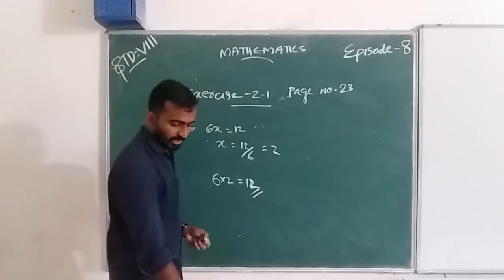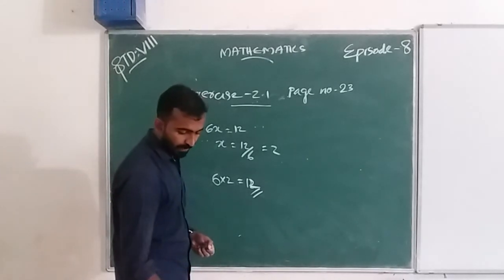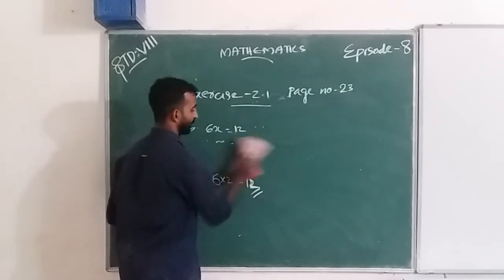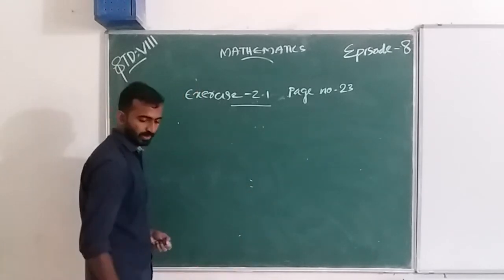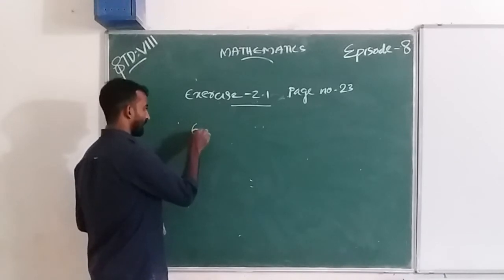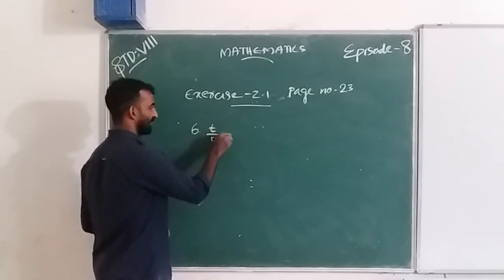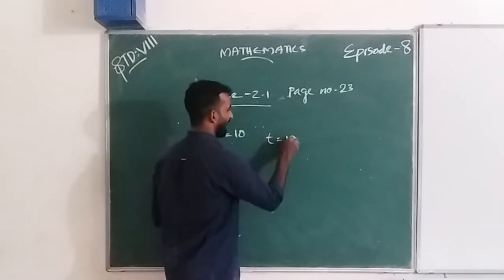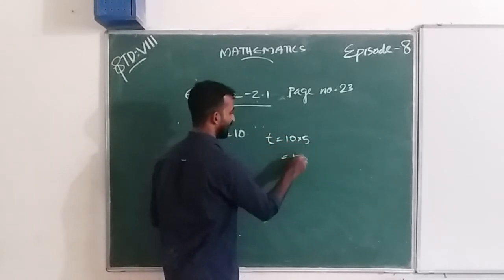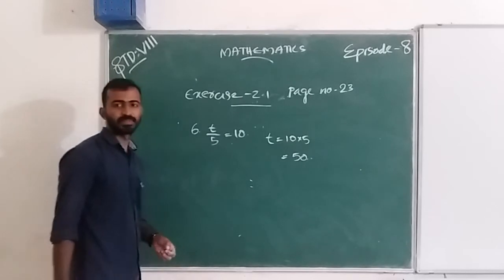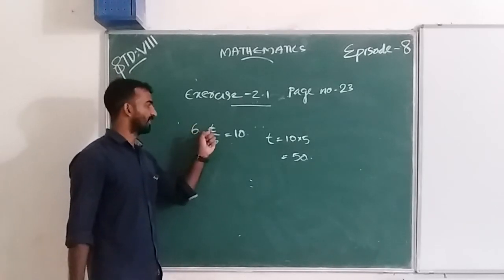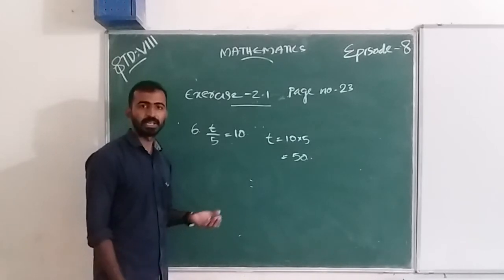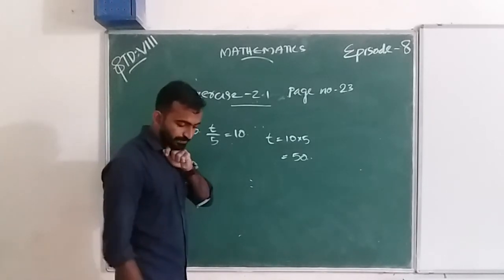And next one is t by 5 equal to 10. That is t equal to 10 into 5, that is 50. Is it correct? When we divide 50 by 5, we get the answer 10. And